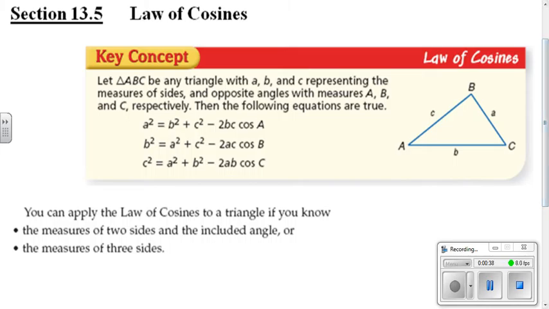have a triangle with given angles A, B, and C, and the sides a, b, and c, we know three things are all going to be true. Three different forms of the law of cosines. Either little a squared equals little b squared plus little c squared minus 2 times little b times little c